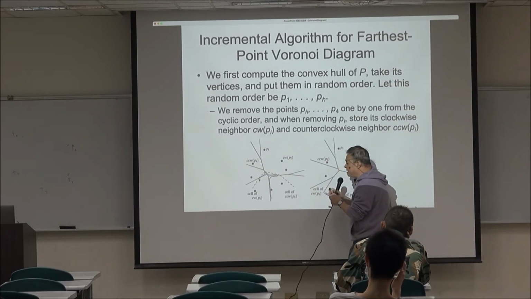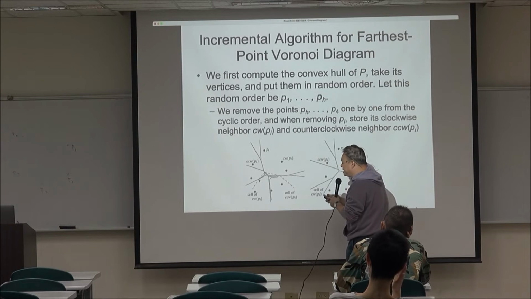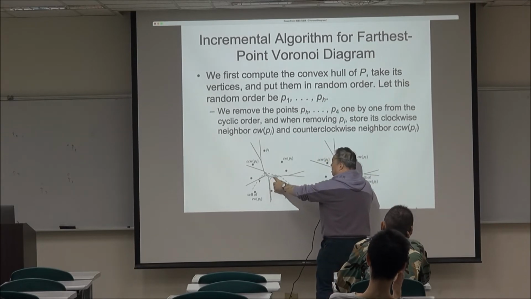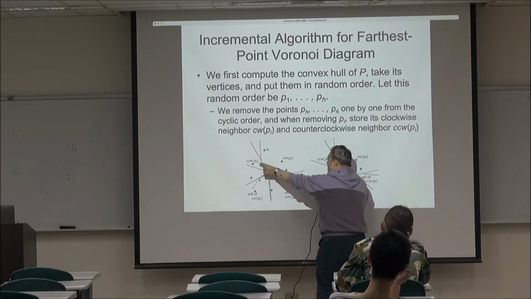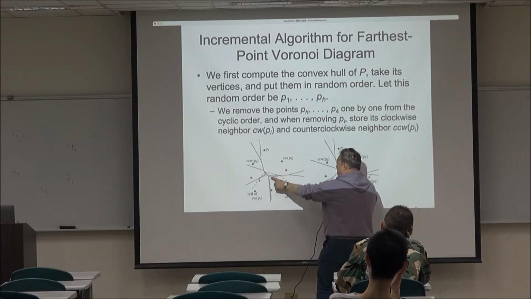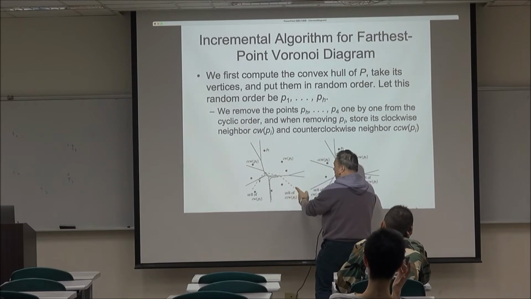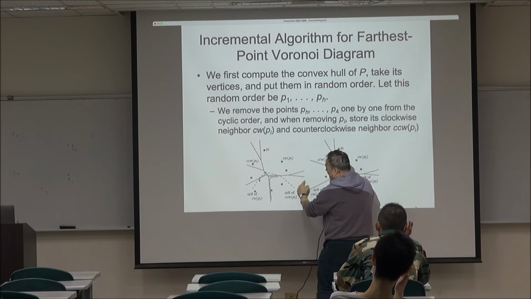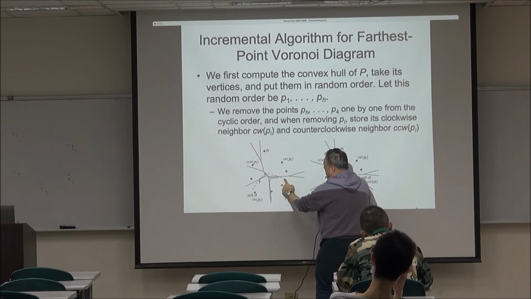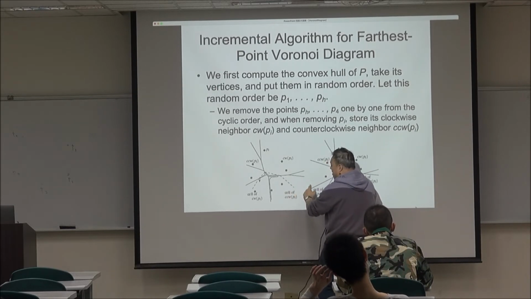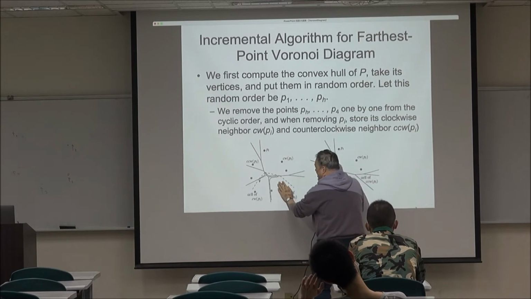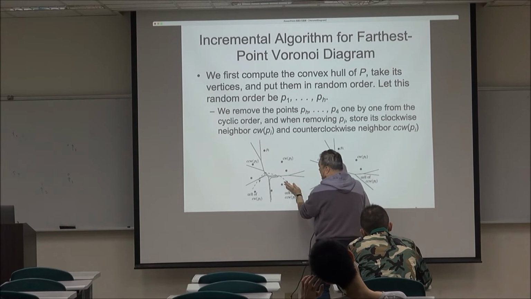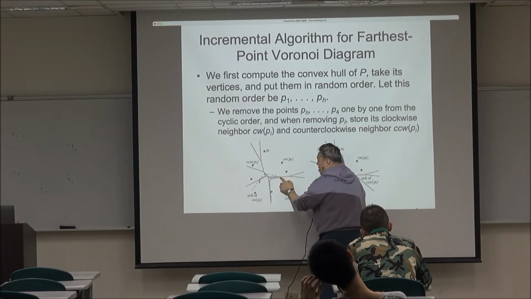You will see this bisector will intersect one of the boundaries of the cell of the counterclockwise pi. Say here. After that, this part will belong to counterclockwise pi, but this part inside here will belong to the cell of pi. So you are drawing this, and then when you hit here,